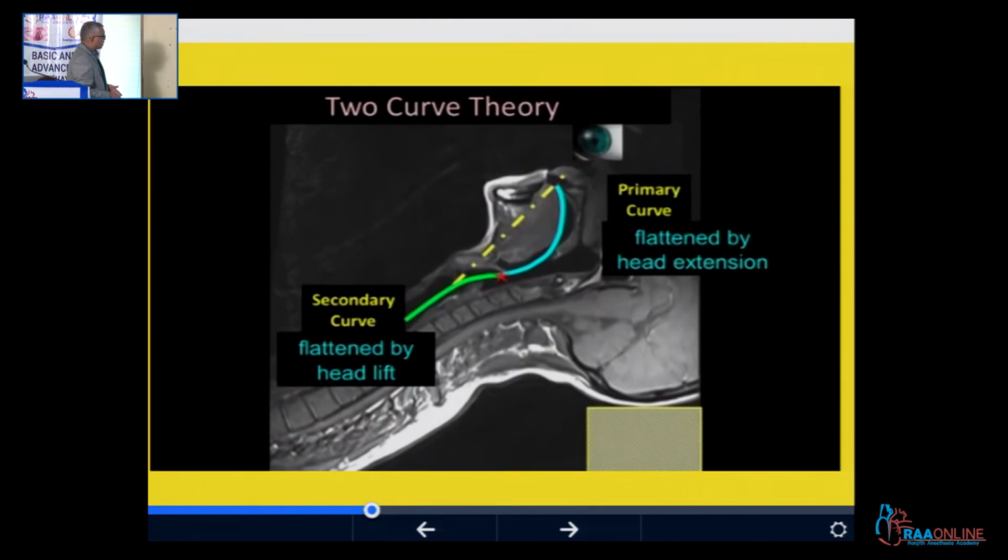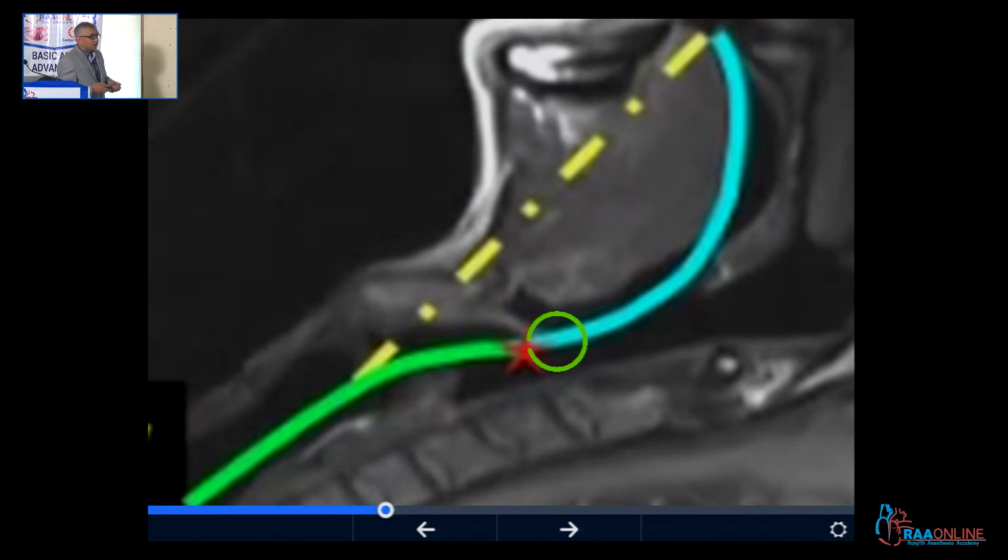Camera positioning. Now if you see this Greenland theory, this is a primary curve, this is a secondary curve, meeting in front of the glottic opening. If your camera is very near to the meeting point, you have a good view. If it is slightly even nearer than that, you will have a good view of the vocal cords, but you will not have